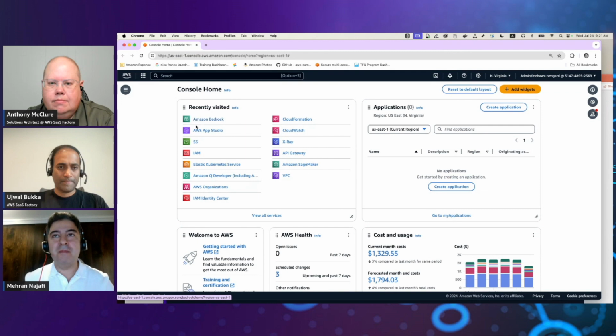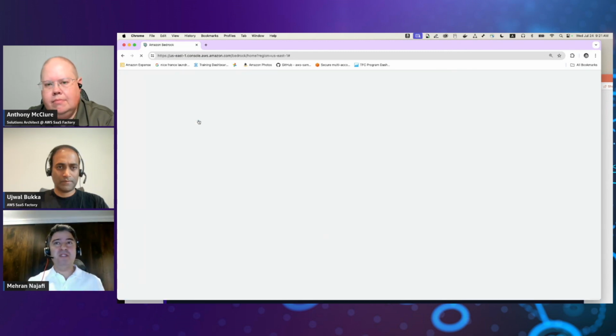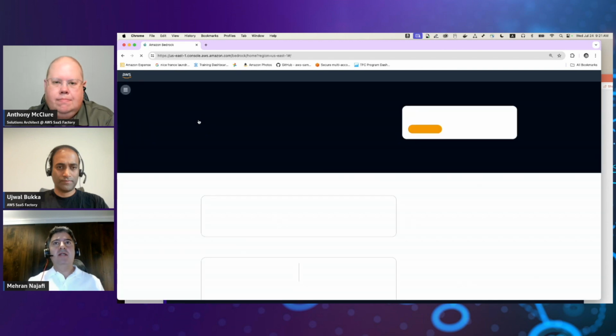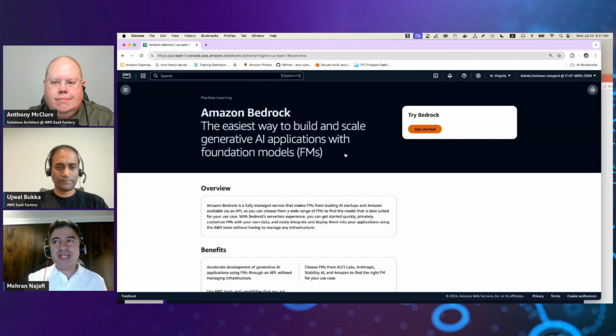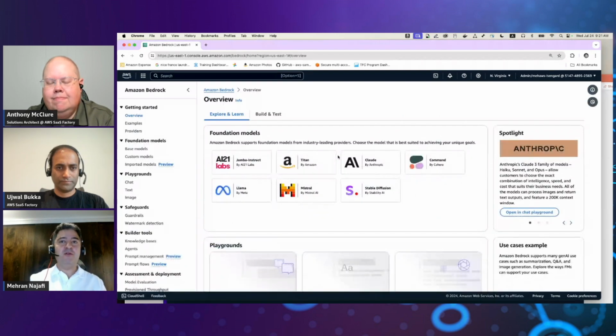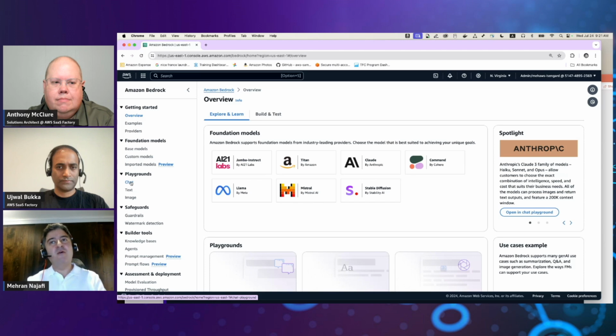I'm going to search and select Amazon Bedrock. Maybe some of you are looking at Amazon Bedrock for the first time. As I said, it is like a gateway to the LLM world. Even if you just want to play with some LLM or have a chat, there is a playground here. It provides you a number of APIs to invoke different LLMs. You can see a number of them here, from different providers: Amazon itself, Claude from Anthropic, Cohere, Mistral, Llama from Facebook, and I think yesterday Llama 3.1 was released,